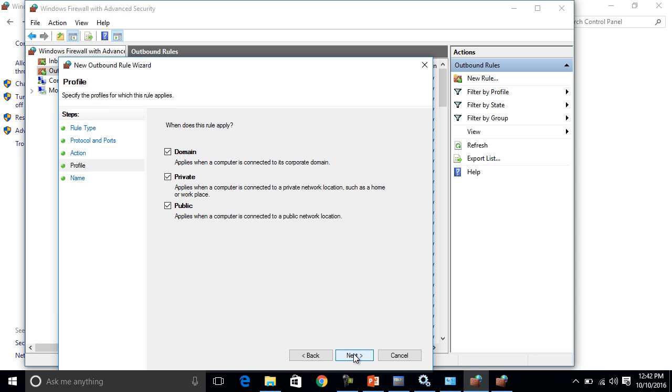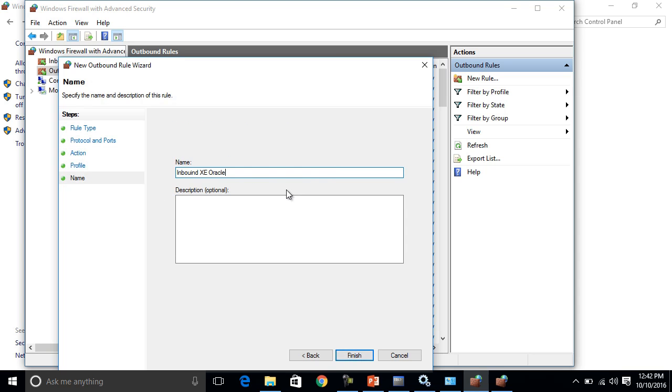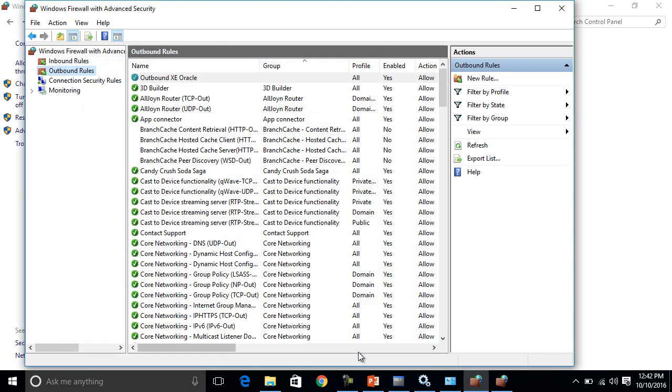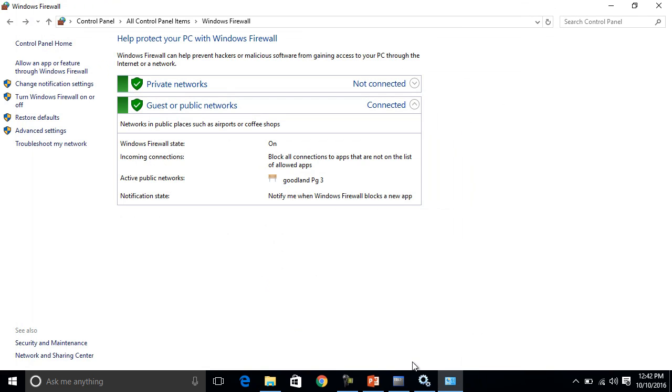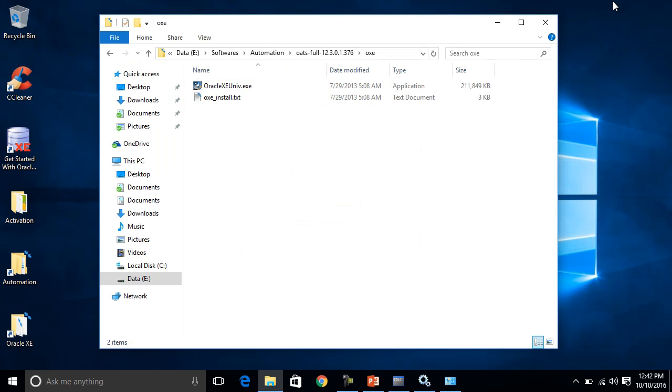Next, in case of inbound, outbound, and once done, you should be able to connect to your database, or else your database installation is corrupted.